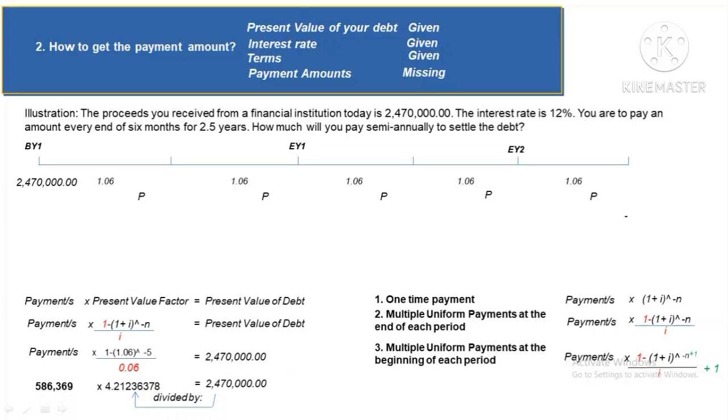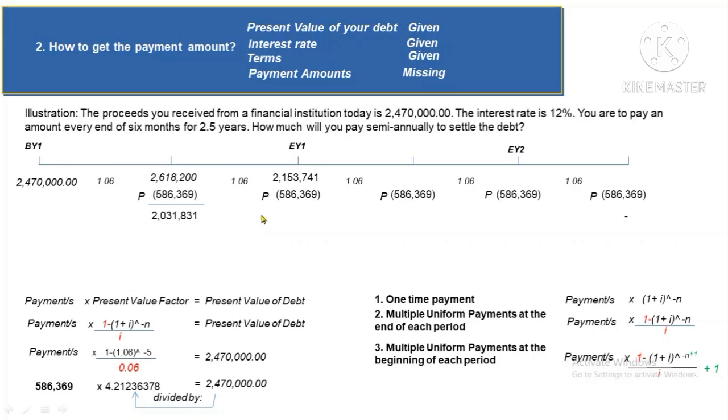Let's check if our answer is correct. So we have to put the payments here, and here, and here, and here, and of course here. And let's see if our liability will be 0 after 2.5 years. So let's start. 2,470,000 times 1.06, you have 2,618,200. However, you're gonna pay the first 586,369, then you will only have 2,031,831, times 1.06, we have